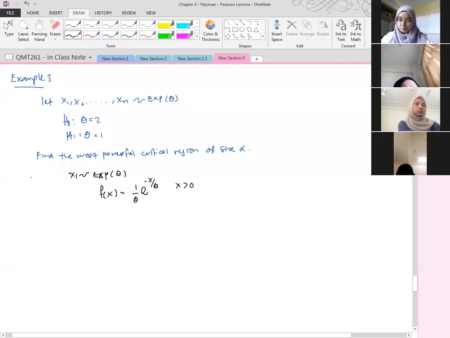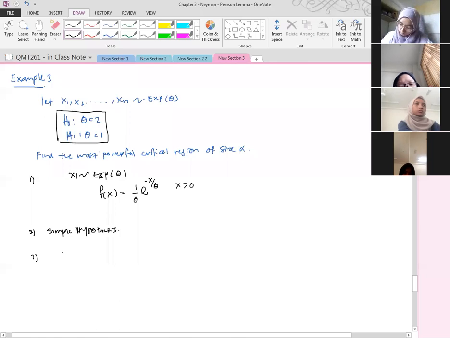So this is the first step. Second step is we need to check whether the hypothesis here is composite or simple. Since we only have one parameter, this is going to be a simple hypothesis, right? So step number 3,